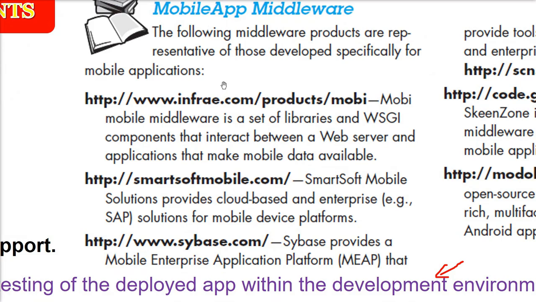Means on one part you are developing, one part you are developing for, and there has to be some middleware. So these products are representative of those developed specifically for mobile applications. For example, you have